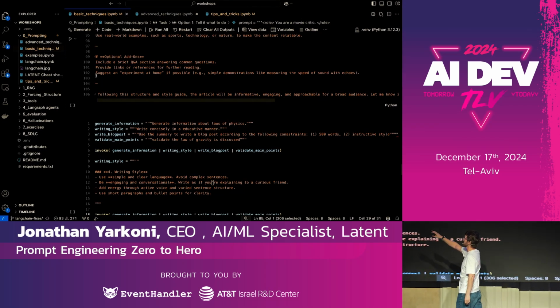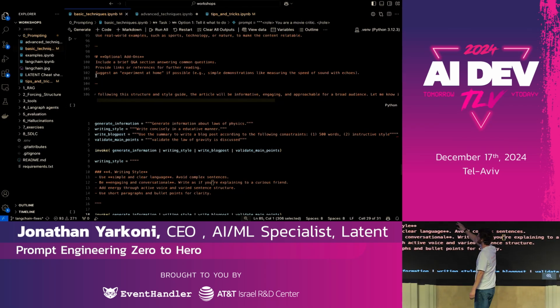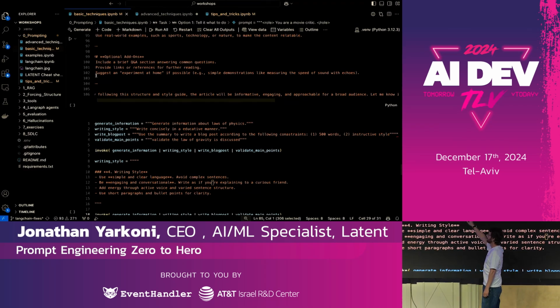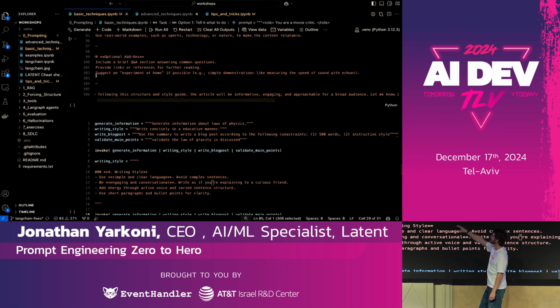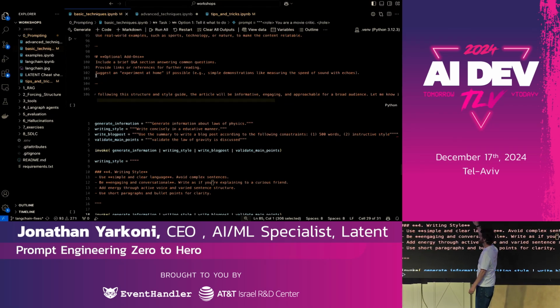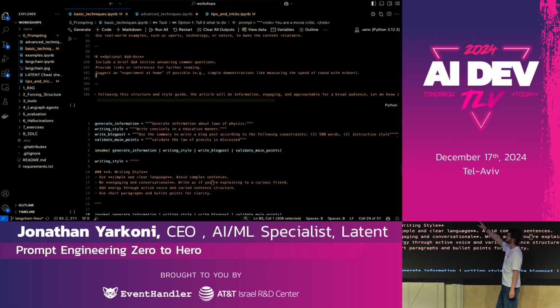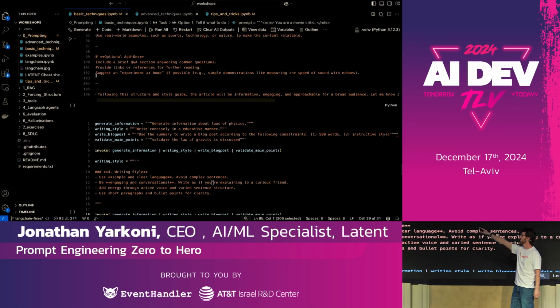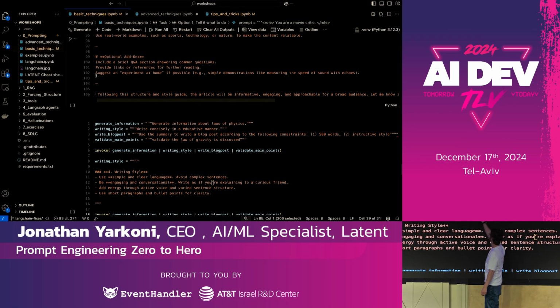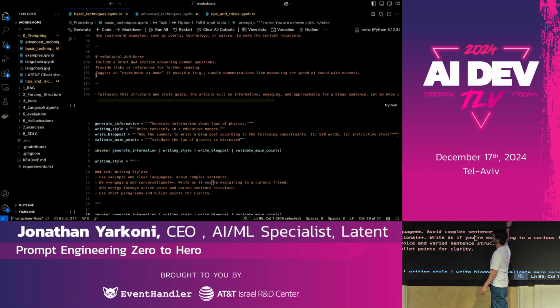This code is kind of abbreviated for the sake of showcasing. So if I'm trying to write a blog post, I probably want to do the following steps. I want to generate some information. I want to control the writing style. I want to give instructions on how to write a blog post, and best practice to always validate the answer that you get. So here I'm just kind of running this one after the other,